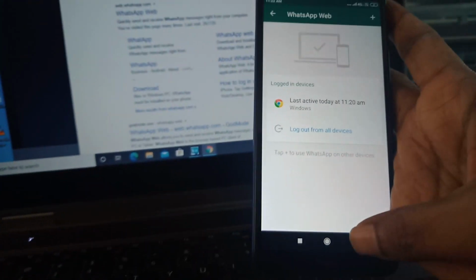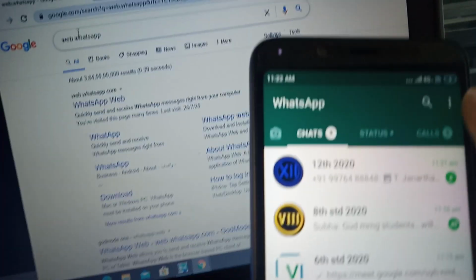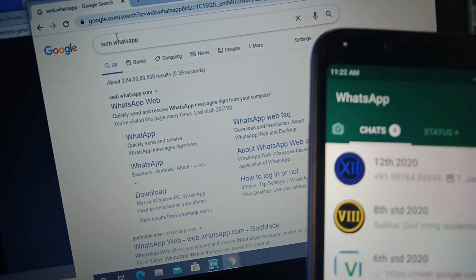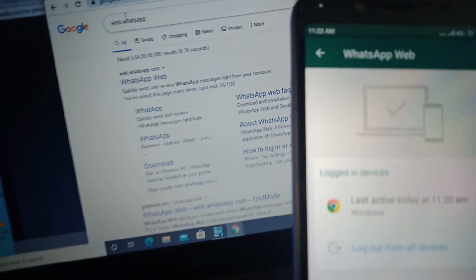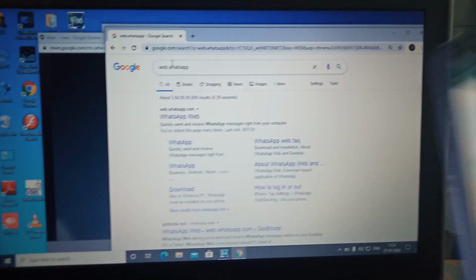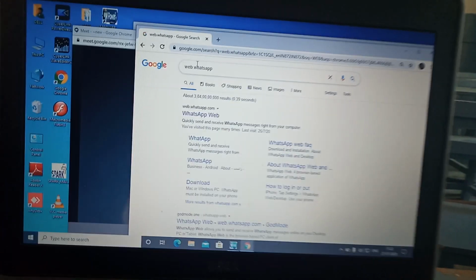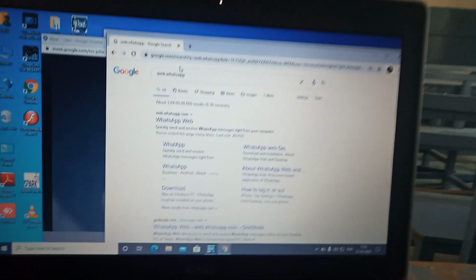Then in our mobile you must get into the WhatsApp. So here you can see the 3 dots. They are called hamburger. So click there. You will have this WhatsApp web here. You must click that. So if it is already not connected, then you will have a QR code in the screen. So here also, from this you can scan the code. But now it's already logged into that laptop.